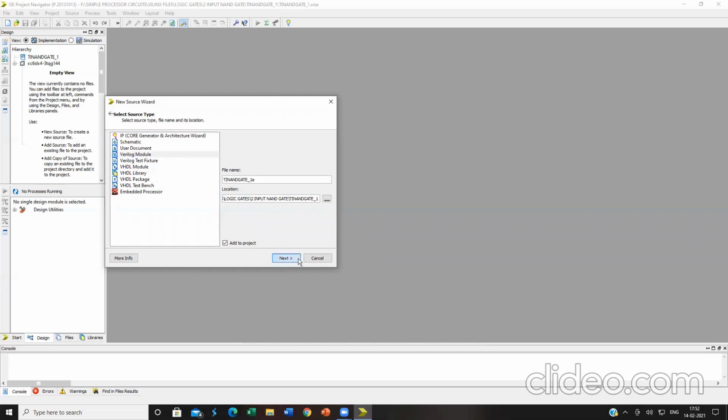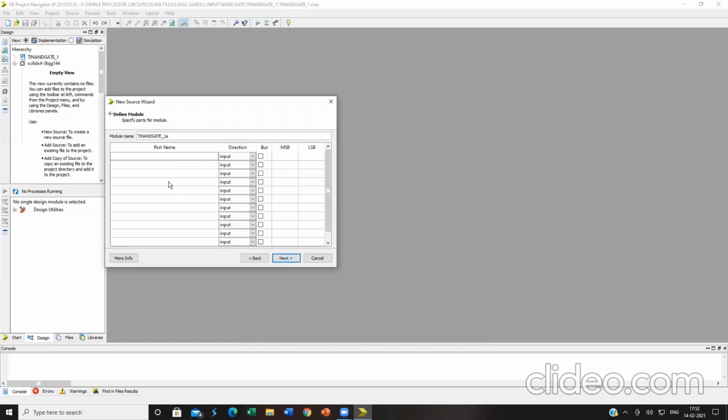Kindly click on next. Here it will be asking what are the set of inputs and what are the set of outputs you are going to give. So for an AND gate, yesterday itself we have seen the two input AND gate means A and B are the two inputs and Y is the output over here.